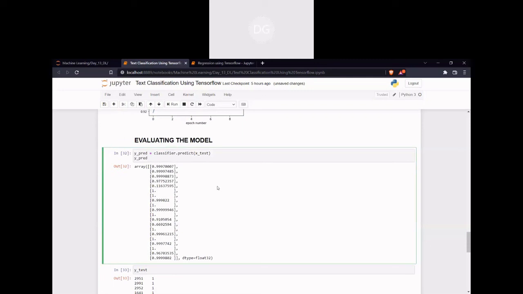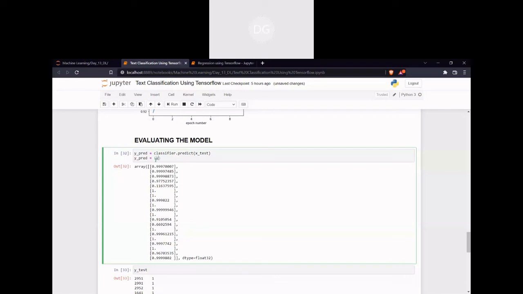Whichever value is less than 0.5, I will consider as a negative review, and whichever value is greater than 0.5, I will consider as a positive review. So I can update it here itself. You understood why I'm changing this, I guess.